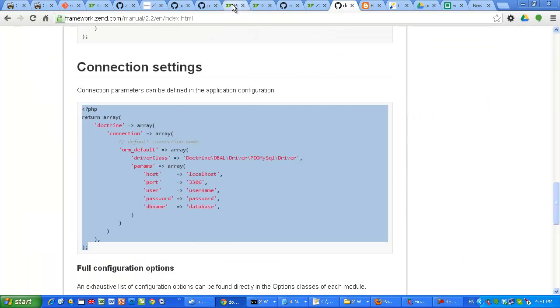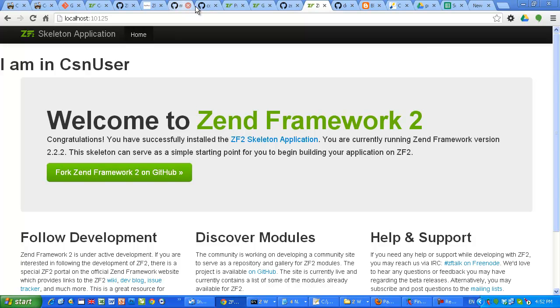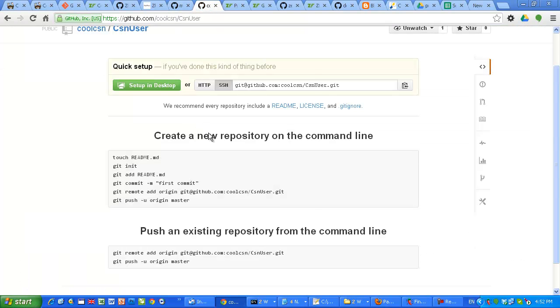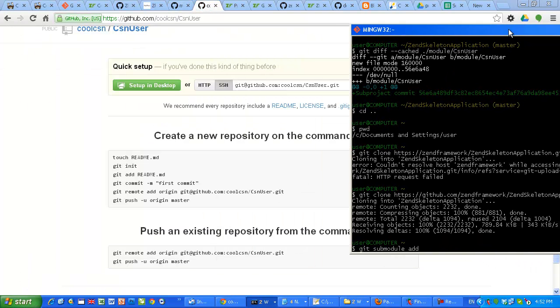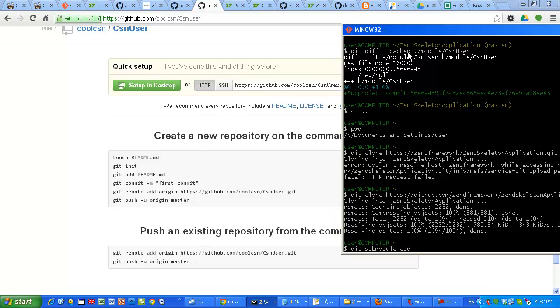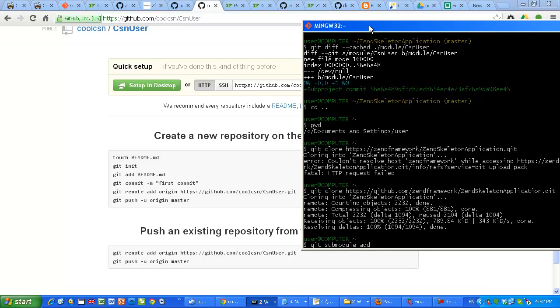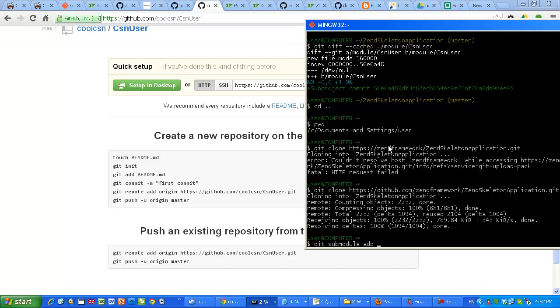Oops, where is my repository? I just created one. Come on, here we go. Okay, and I'm going to use HTTPS instead of secure shell, because on this computer right now I don't have RSA key pairs generated. So submodule add, and I'm going to say this is